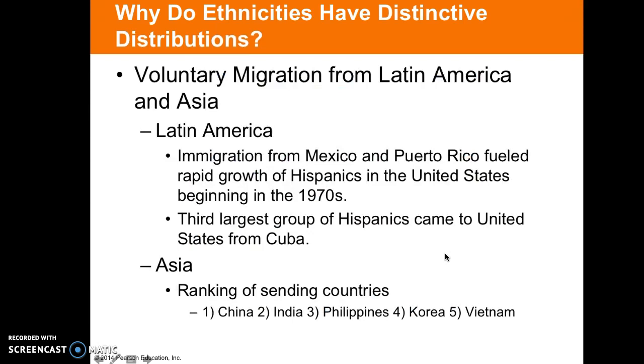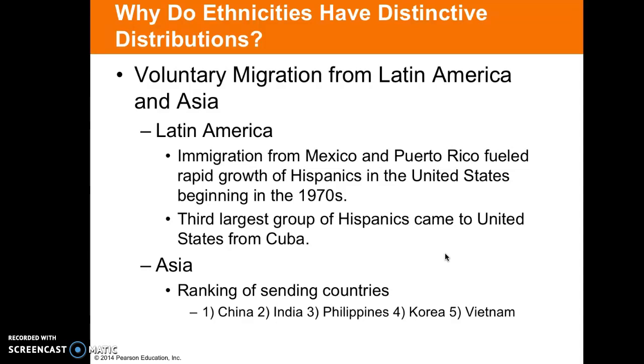Within the United States, you have voluntary migration from Latin America and Asia. Immigration from Mexico and Puerto Rico fueled the rapid growth of Hispanics in the United States beginning in the 1970s. The third largest group of Hispanics came to the United States from Cuba, where they right now have protected status,